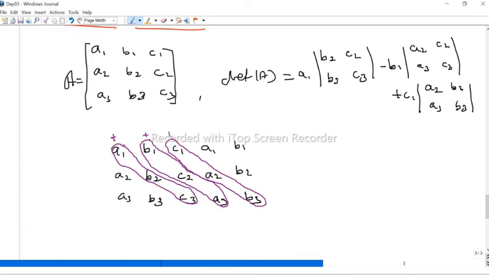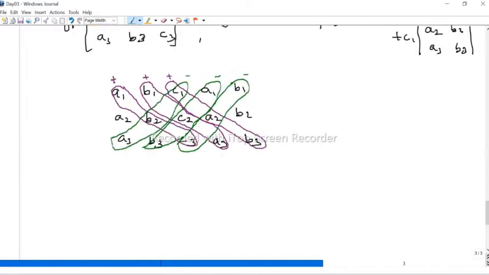You multiply this and then add with this and then add with this. Minus: you have to subtract these diagonals. You multiply these three elements, and then these three elements, and then these three elements, and subtract them. So this is the determinant of the 3 by 3 matrix. In the leading diagonal direction you multiply and then sum, and then you subtract the off diagonal ones. So you will get the determinant of the matrix.